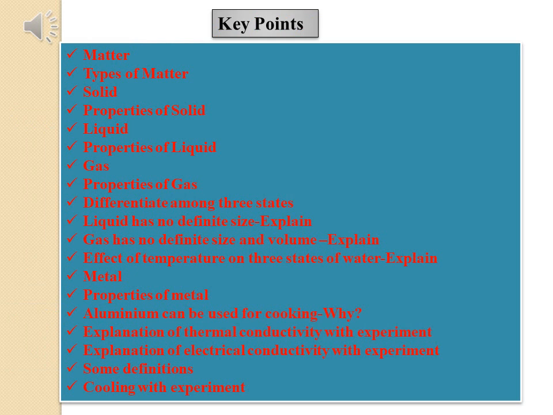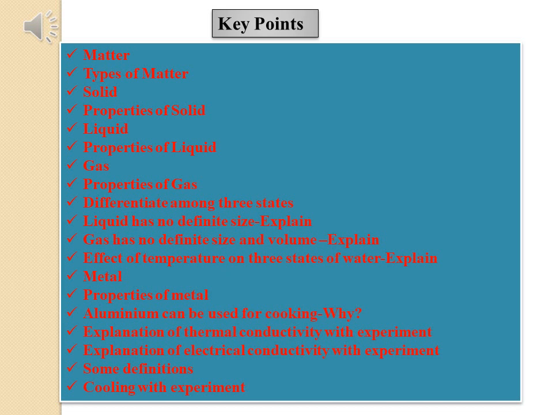So, dear student, first of all, if you want to know about any chapter in detail, you have to overview the key points of the chapter. So these are the key points of the chapter. The key points are matter, types of matter, solid, properties of solid, liquid, properties of liquid, gas, properties of gas, differentiate among three states, liquid has no definite size, its explanation, gas has no definite size and volume, its explanation, effect of temperature on three states of water, its explanation, metal, properties of metal,